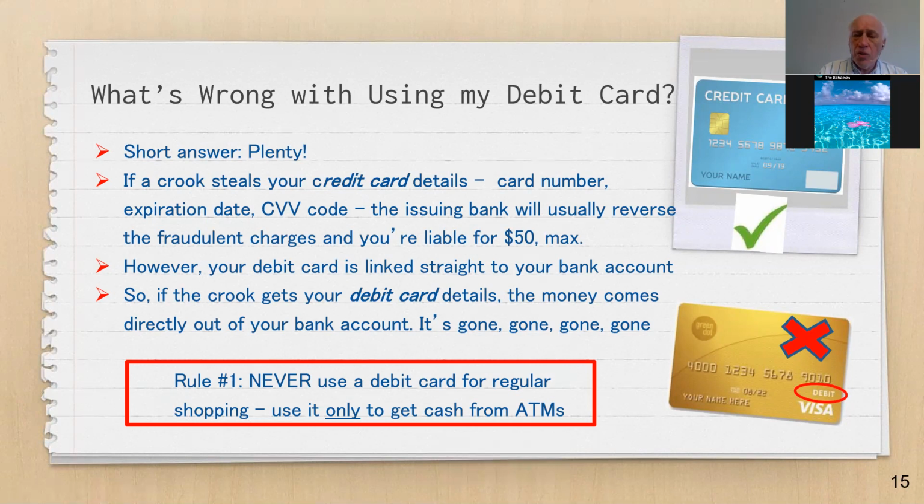But more important, the reason not to use a debit card ever, except for getting cash, right, is that a debit card is directly linked to your bank account. So if I'm a crook and I get hold of your debit card number and I also find out what the PIN is, and that's not too hard, that money that a crook takes out of your account, that money's gone, right? The moment they take it out, it's gone. And if you've got $100 in your account, they'll take the 100. And if you've got $10,000 in your account, they'll figure out how to get all $10,000, right?